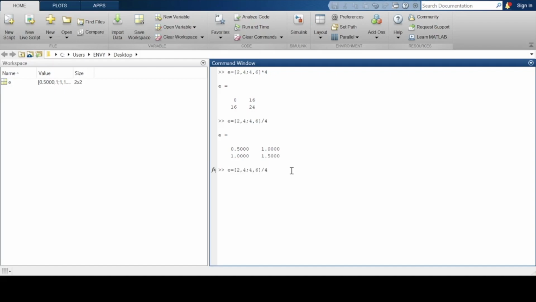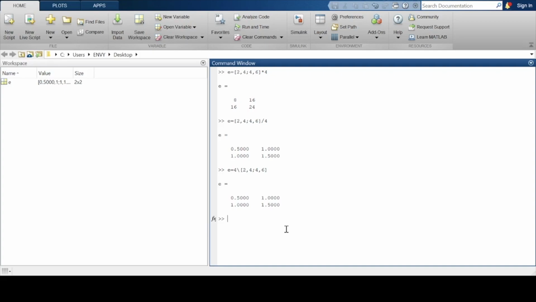Now what if we do, this is right division, as in the operator is on the right side of this thing. What if we use backslash? We see that we get the same output as the previous one. So MATLAB treats left and right division as the same. It doesn't matter whether you use right or left division.